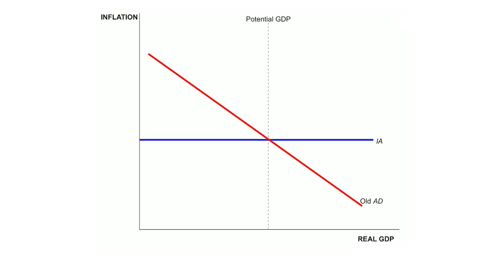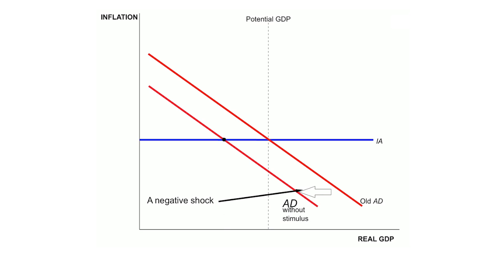So we'll start here, and maybe this is a situation where we're at full employment, potential GDP is equal to real GDP at the intersection of the AD and IA line. Then suppose there's a recession that occurs. The economy goes into a slump, maybe investment falls for some exogenous reason, a panic or a financial crisis. Then we know the story here.